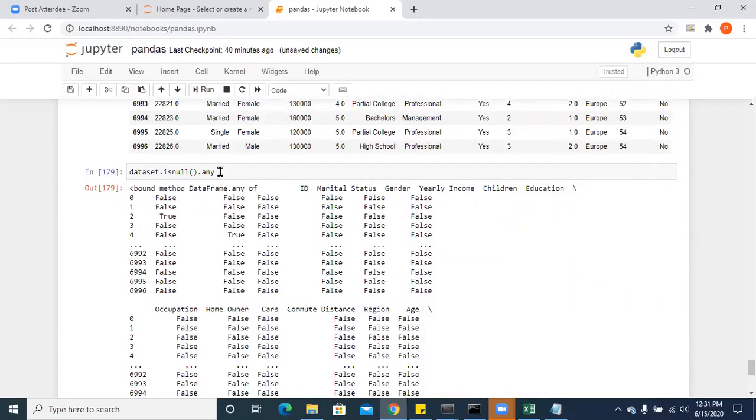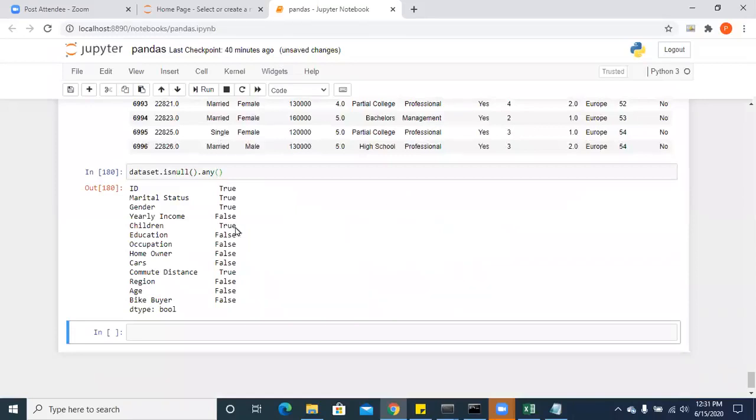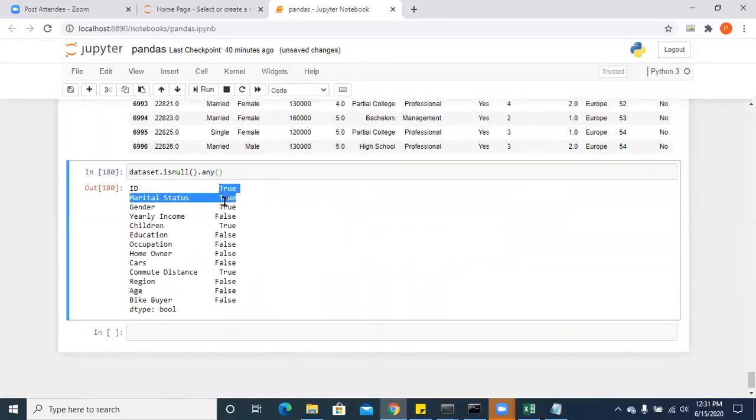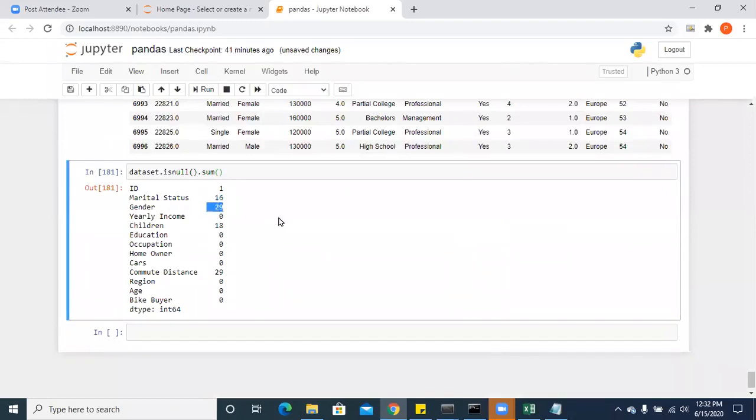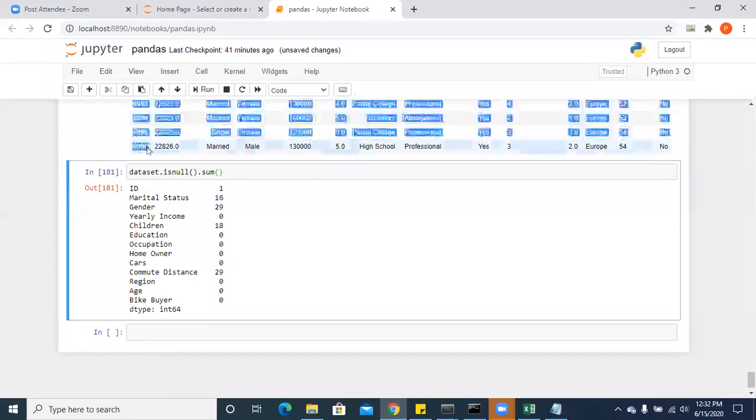No. So that's the reason I have to put dot any. If you execute this, it says in ID you have a missing value, in marital status you have missing values, in gender you have missing values, everything. Now you can also check the sum. Here in marital status you have 16 null values, in gender you have 29 null values. So we have 6,996 rows.